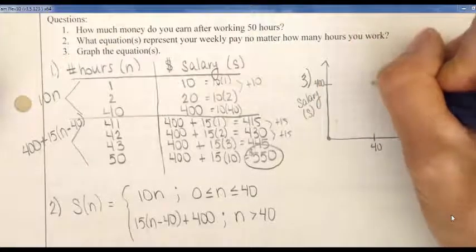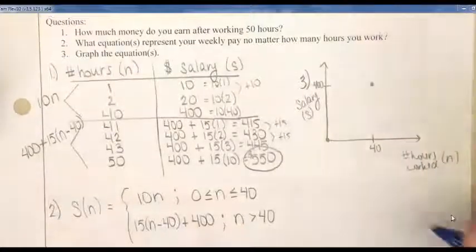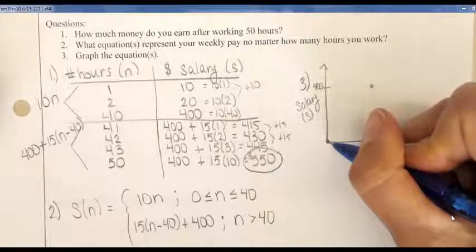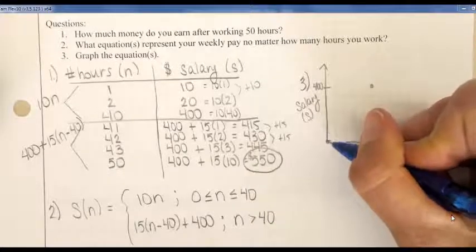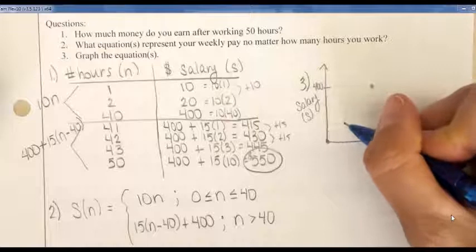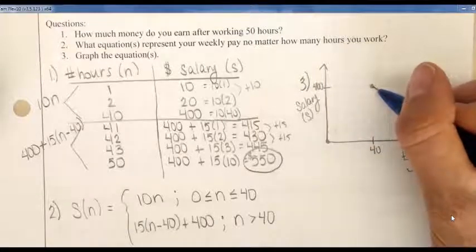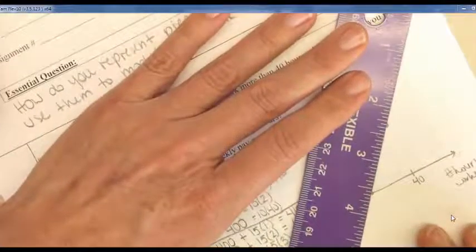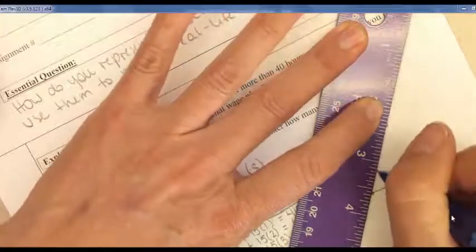So at 40, I'm making, and it was a steady rate of change. So for every hour I work, I earn $10. Every single time I go up 10 over 1, up 10 over 1, up 10 over 1, okay, until we get to here. So my first piece of this graph, up to 40 hours, has this constant rate of change,